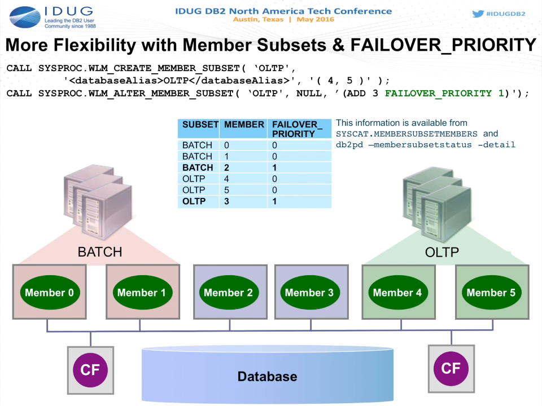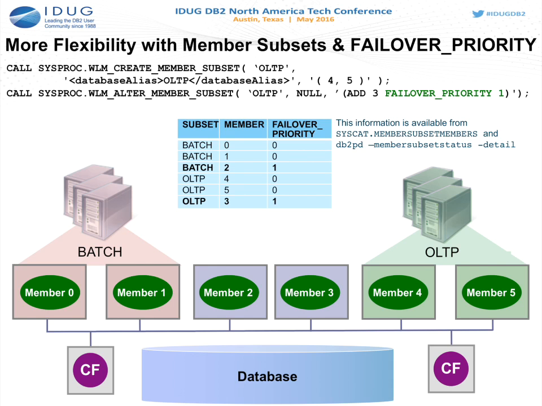And a couple more topics on PureScale. We've added some more flexibility with how you can consolidate multiple different types of workloads over the same cluster through something called member subsets and a fine-grained failover priority within them. So what you're looking at here is I've